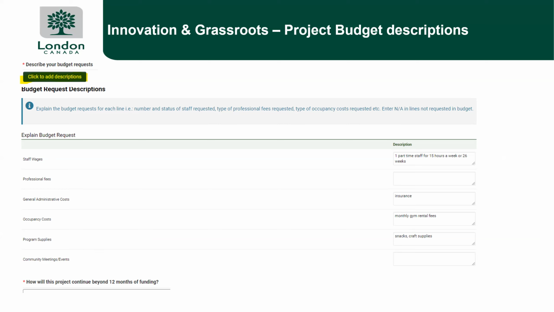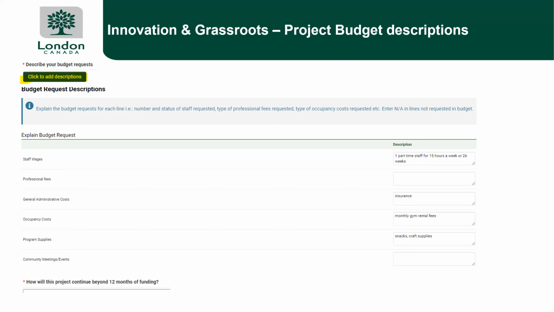What do you need for occupancy costs? And you can see some examples there. Occupancy costs, we need to rent the gym monthly. So we would need funding to help support the payment for the rental. Or program supplies. What kind of supplies do you need for your program? So it just helps us define what the actual funds are going towards.